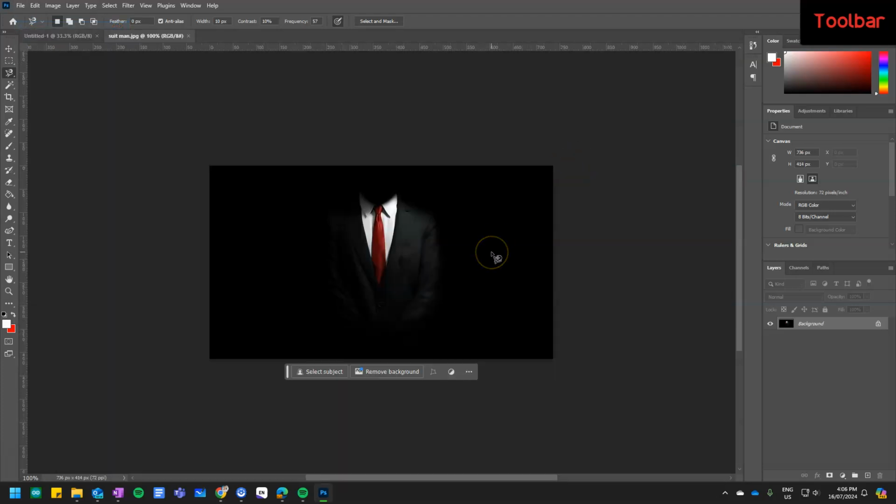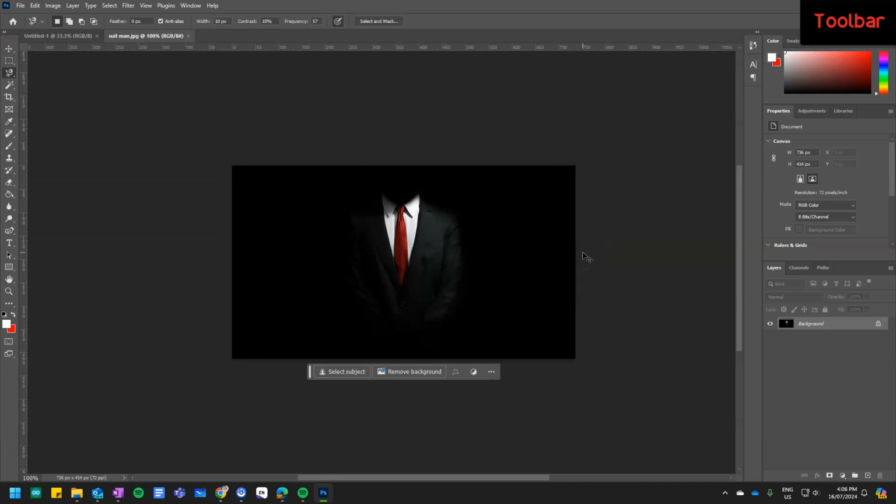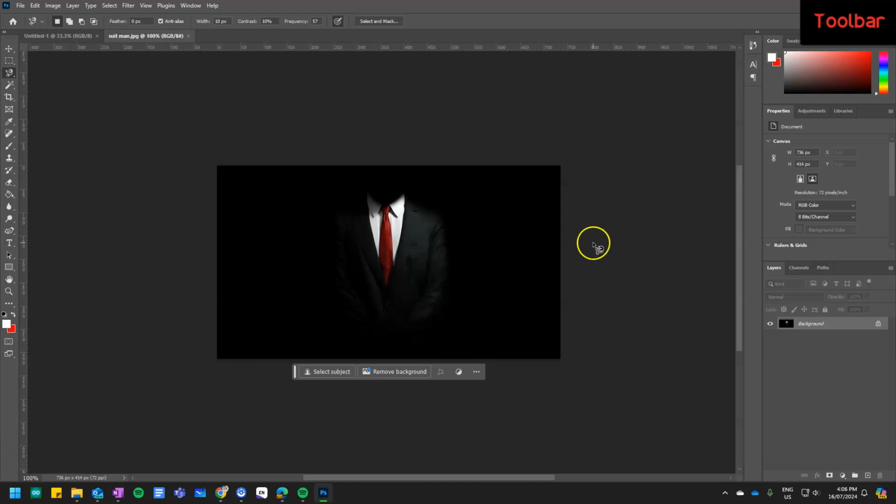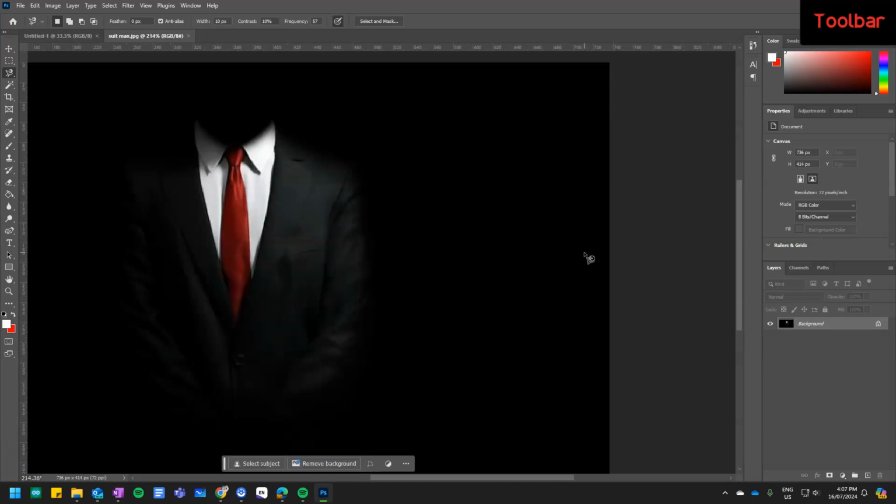Alrighty, so now I've got my strange suit man, as it's called. Firstly, there's a couple of basic little shortcut tricks that I can use in Photoshop for navigating. If I hold Control and scroll my mouse, so if using a laptop this is a little bit tricky, but if you get yourself a cordless mouse or a plug-in mouse, the scroll wheel is really useful. If I hold Control and I scroll, it's going to move left to right. That might seem a bit weird now, but my next trick is if I hold Alt and scroll,